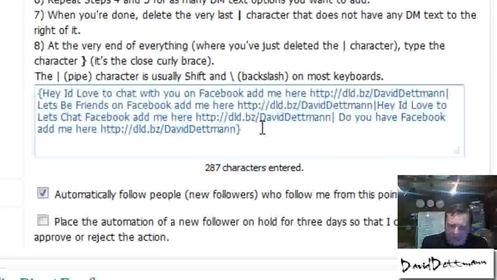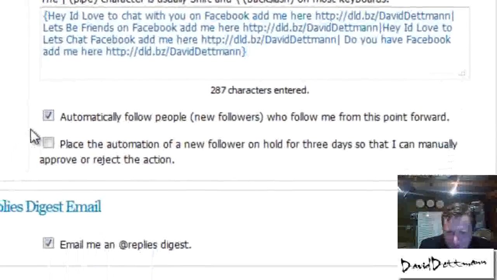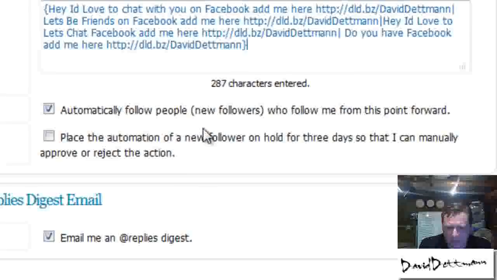Now the second thing I just want to quickly show you is this little icon here, the auto follow. Alright, I would recommend you tick follow people. People like it when you follow them back. So Social Oomph will follow every person who follows you. Alright, and vet followers: if you have this unticked, it will automatically just allow people. If you go through and manually do it, and you might want to do it depending on what you're using it for, you have to manually approve each person to join your Twitter. Okay, that's what it does.